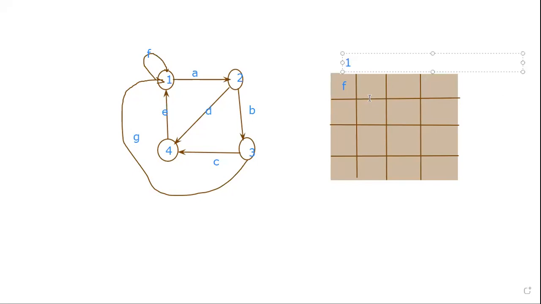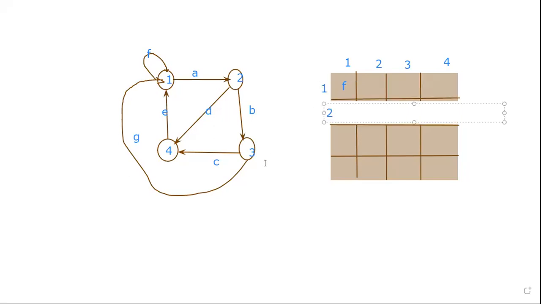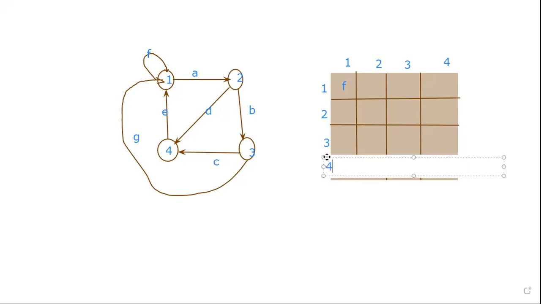For clear representation, we are mentioning the state names: 1, 2, 3, and 4 for rows, and the same names 1, 2, 3, and 4 for columns.